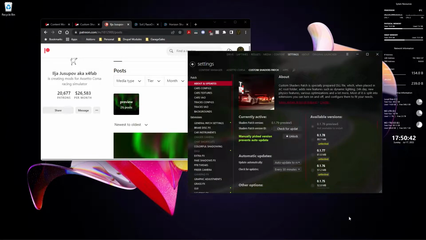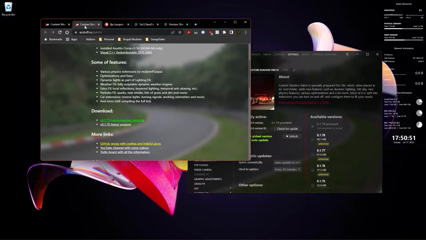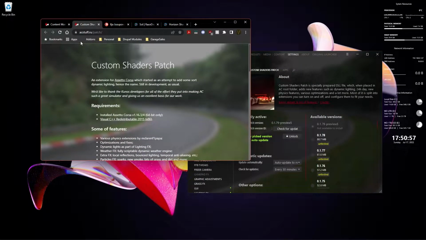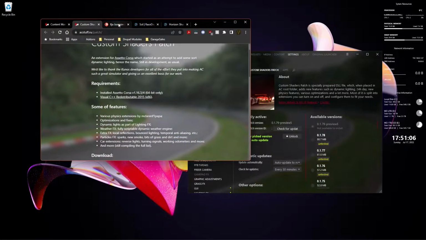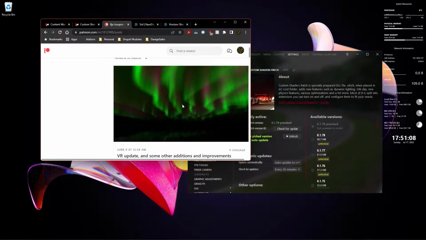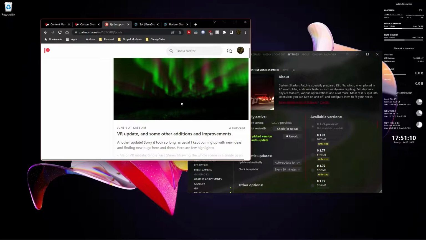works and how Custom Shaders Patch works. I'm just going to dive in just a little in CSP. If you're not aware, there are a couple versions of CSP. There is the free version. You can find it at acstuff.ru/patch. This is the free version, but if you're looking for a lot more advanced particle effects